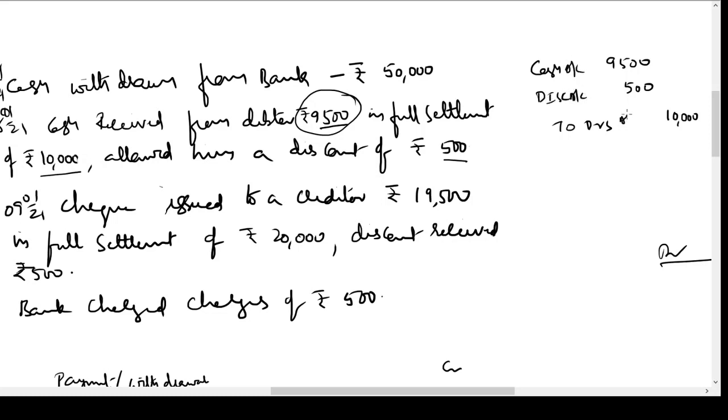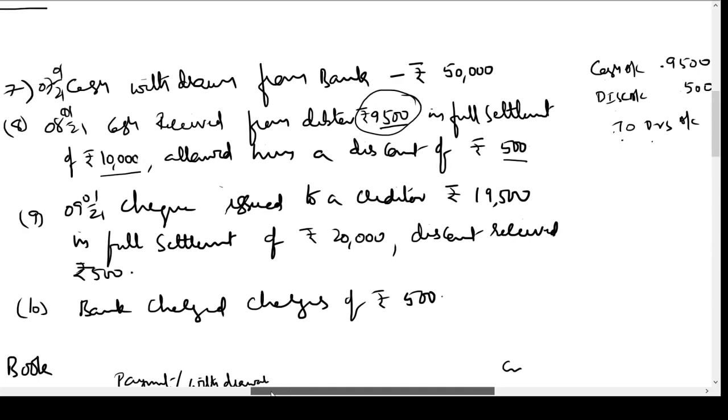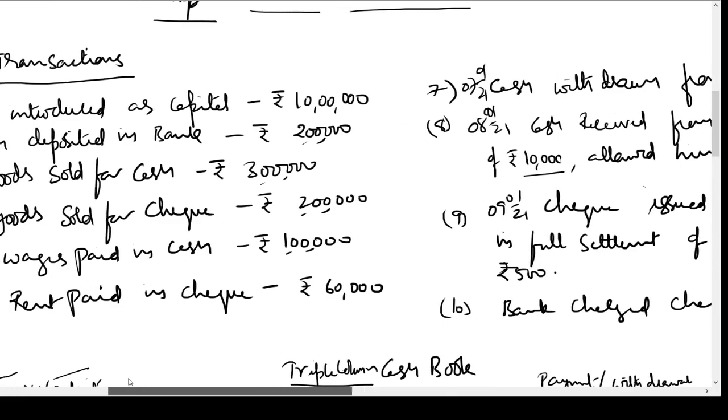Okay. Now, how to post this entry? We have learned it in our ledgers lecture. In cash account, I will write to debtors 9,500. In discount account, I will write to debtors 500. And in debtors account, I will write by cash and by discount 9,500 and 500 rupees respectively. So how do I record it? In the triple column cash book,